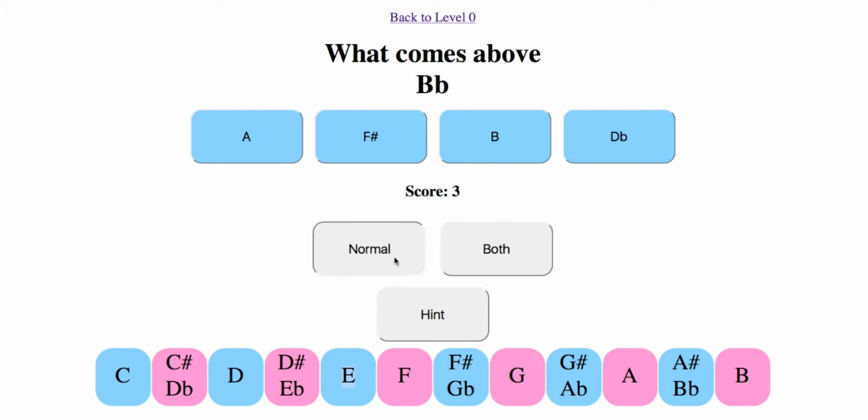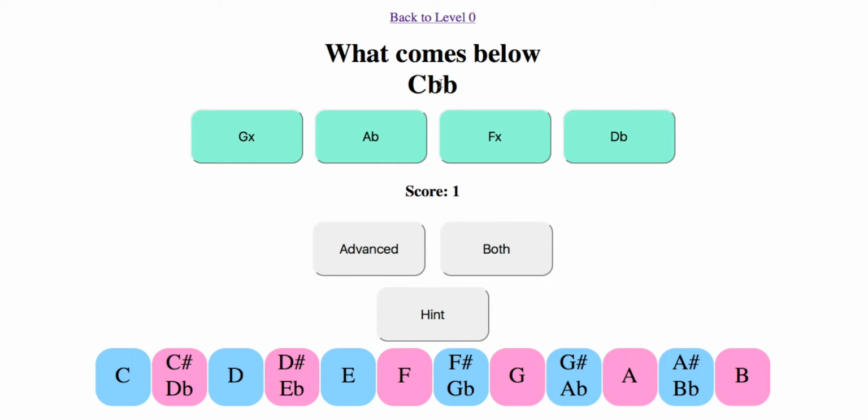Okay, the last one is advanced, where you get these funky symbols, the little X's. You can also get these funky symbols that are called double flats. Okay, so this X is a double sharp. This is a double flat, because there's two flats. This is how they're written. This is an X, and this is two flats. Okay, so this is kind of the same thing.